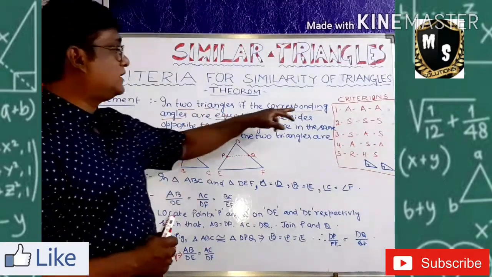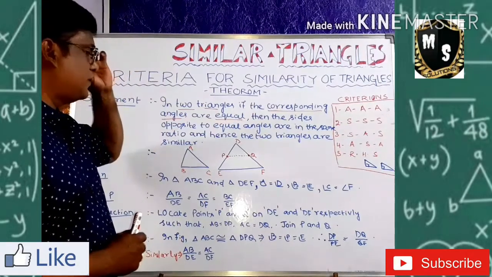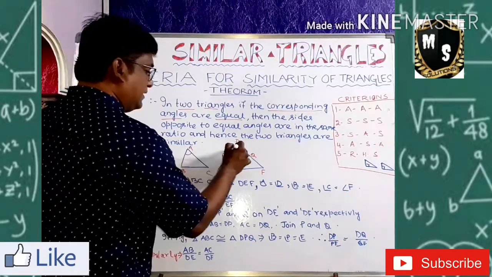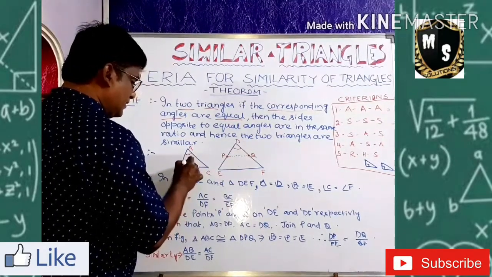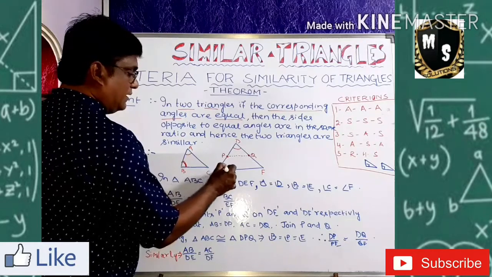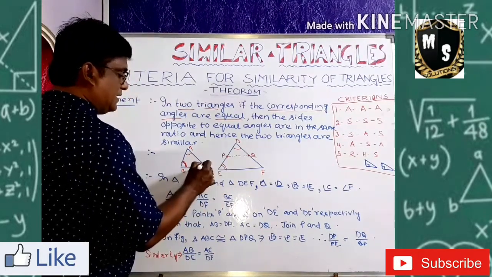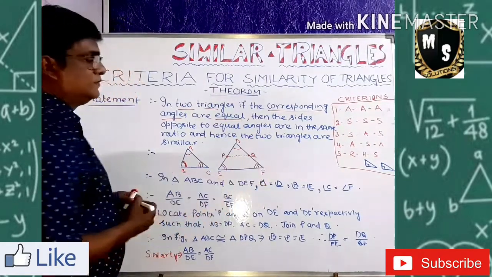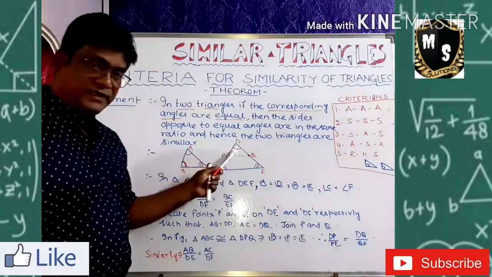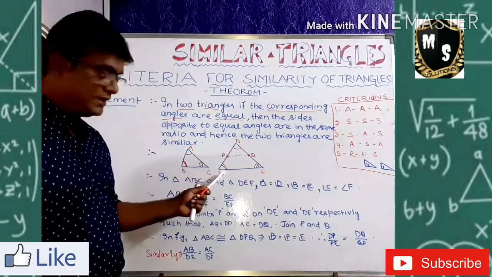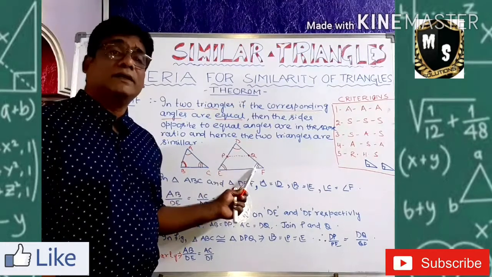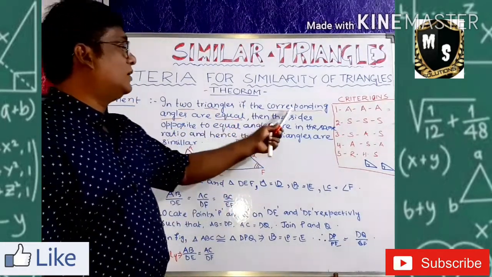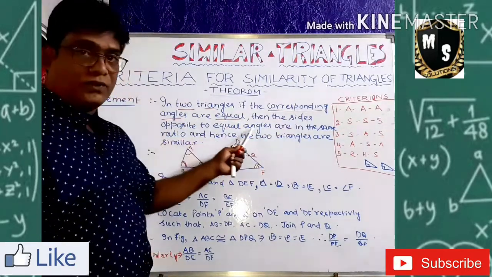What is said? If the corresponding angles are equal. Corresponding angles means angle A is equal to angle D, angle B is equal to, I am putting a double here, angle E, then for your understanding, angle C, I put 3 here. So angle C is equal to angle F. So now angle A is equal to angle D, angle B is equal to angle E, and angle C is equal to angle F. It is given to you in your statement. If two triangles, if the corresponding angles are equal,